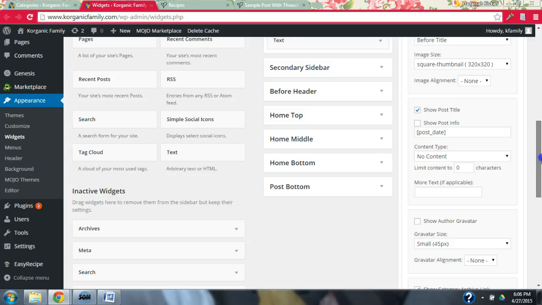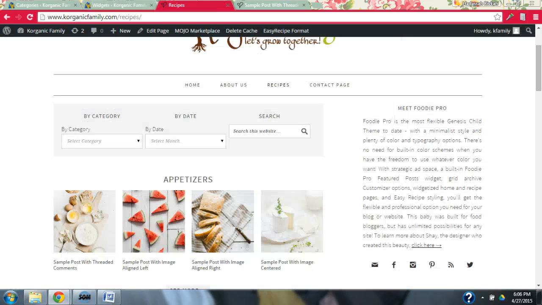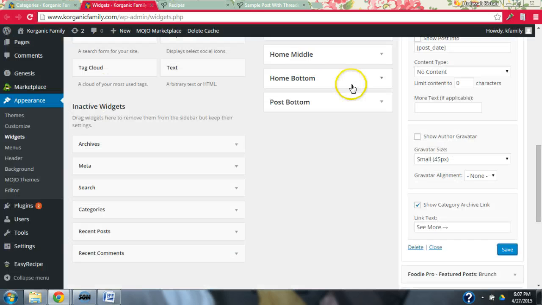Salads. And then we're going to tell it to save. Okay. So now when we come over to our site and we refresh, we're going to see that this is now a salads category. So all the widget